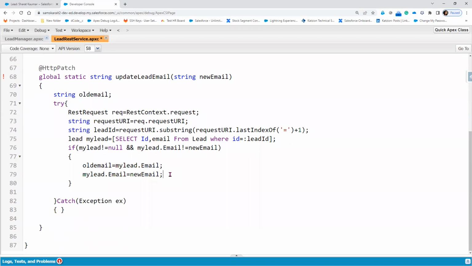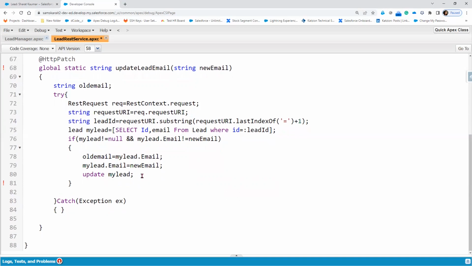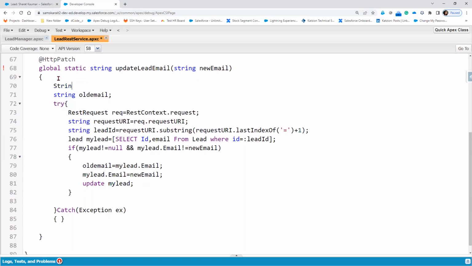Now once this is done, I can simply update my lead. Once we update it, I need to send the response. So let me declare here a string. I'll declare one variable which is called response. Now here, once it is updated, I'll say here response message